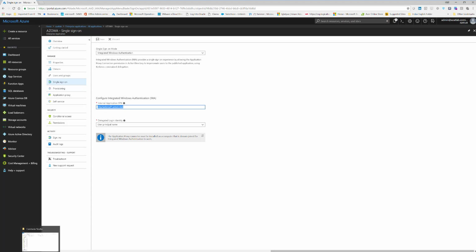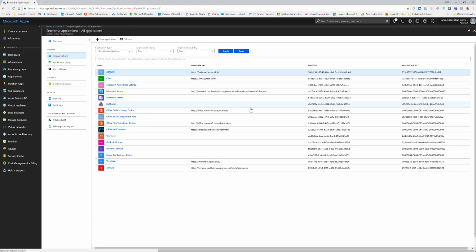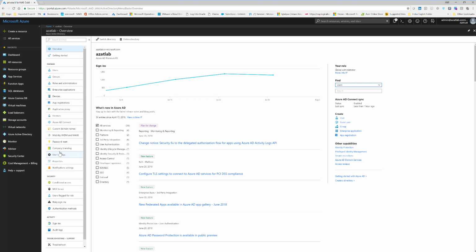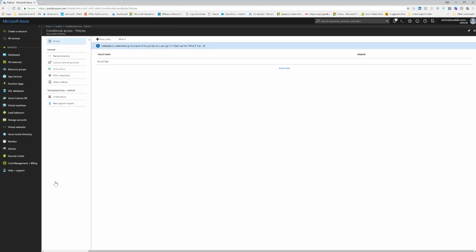webmail1.aztest.club. And that's all we need to do in Azure AD App Proxy, right? Now, in addition to that, we can also configure conditional access here to make this environment more secure. We can configure conditional access on this app. So if I go back into Azure Active Directory, security and conditional access, and here is my policy,